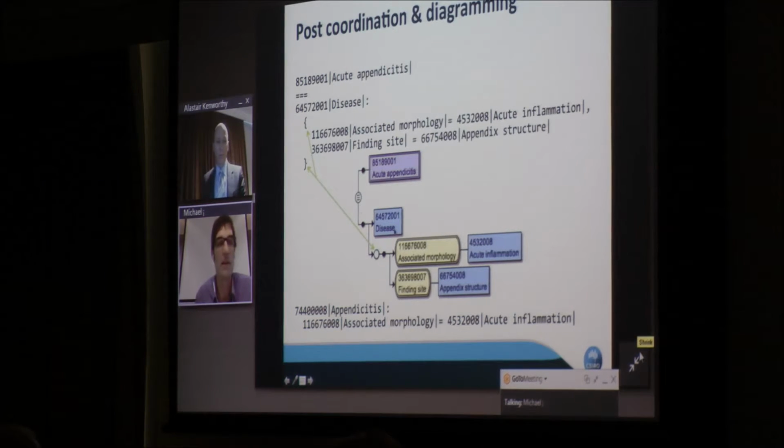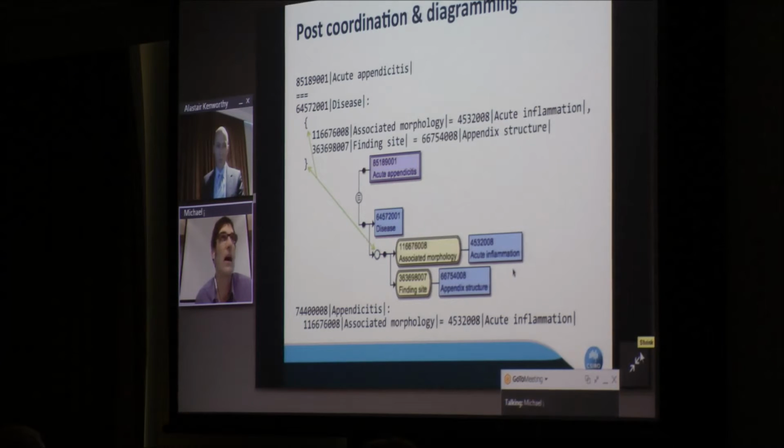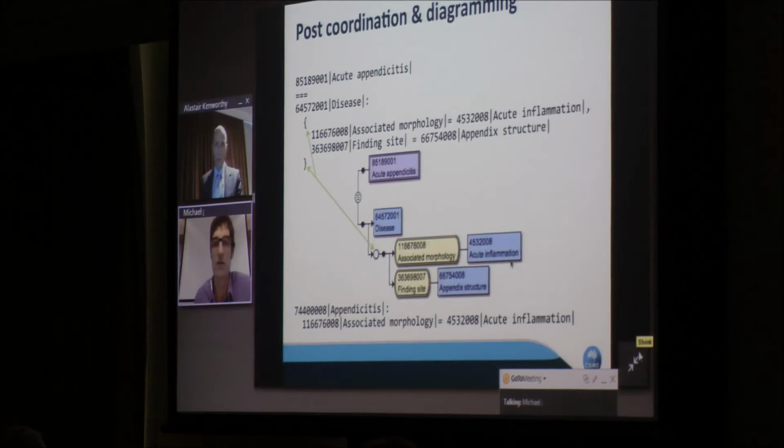These curly braces here correspond to a thing called role grouping. Role grouping is basically used to link relationships together. For the most part, that's not strictly necessary, but when you have certain concepts such as procedures where you're acting on a particular site in the body, but you're perhaps accessing it via some other part of the body, you'll have two sites that you need to talk about in the expression,